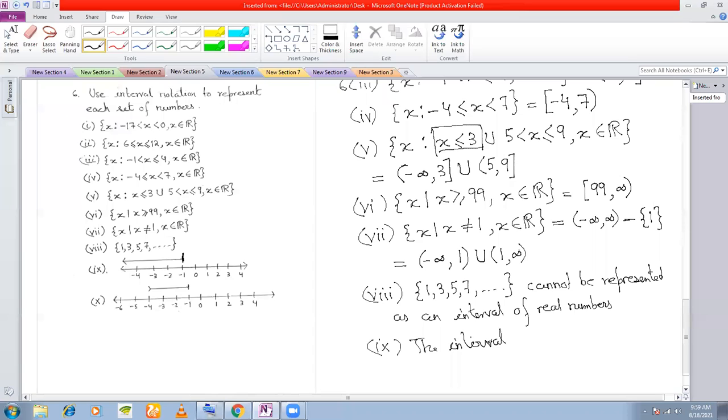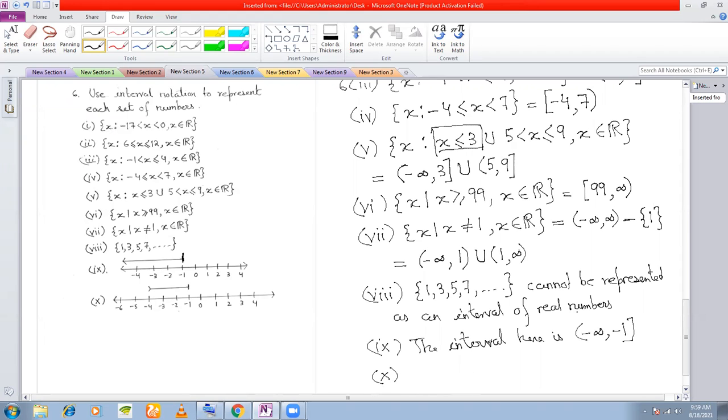The interval here is starting from minus infinity, reaching till -1. And is it equal to -1? You have a vertical line, not a curved line, above -1, so we give a box bracket. Okay.